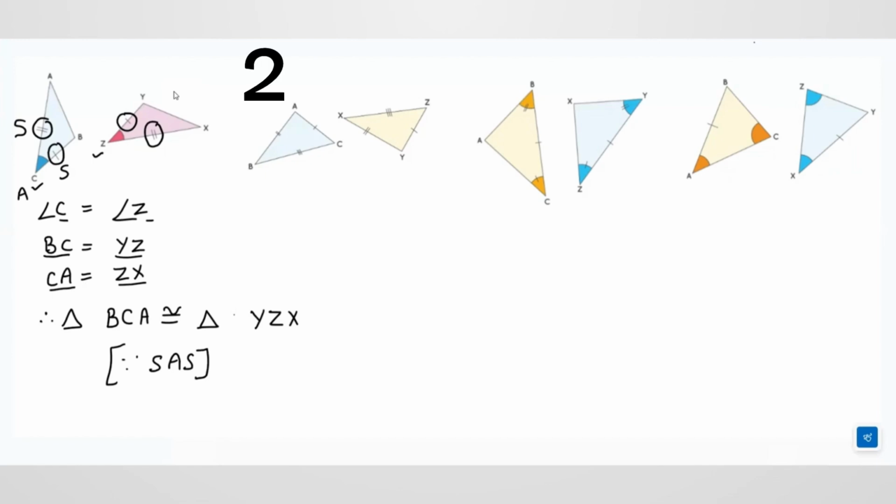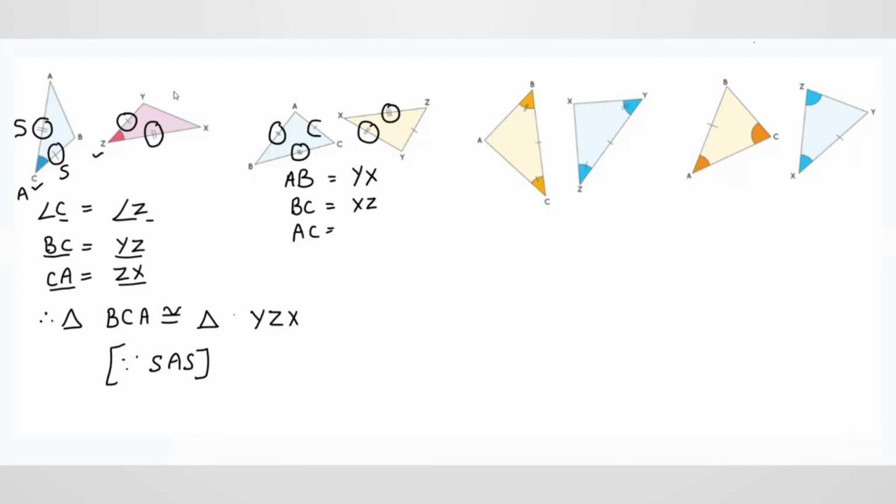Similarly, in the next part, we can write down here AB is equals to, you can see, YX. So we will write on that. Then BC, 3 lines, is equals to XZ. Then AC is equals to 1 line YZ. Now if I have to write on here the name of the triangles, what I write on here, from